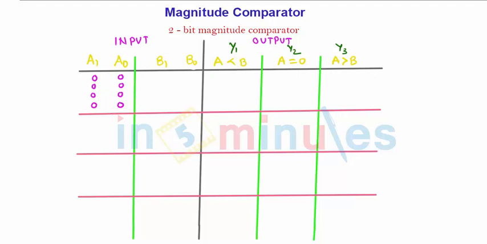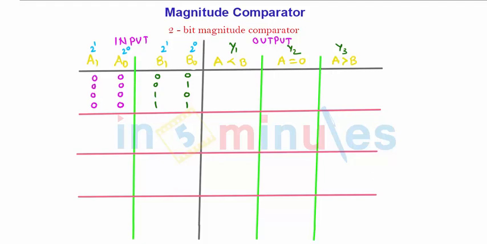Now A0 has the value 2 raised to 0, whereas A1 has 2 raised to 1. The magnitude of each bit of number A is the same as that of B: it has magnitude 2 raised to 0, and it has magnitude 2 raised to 1. So I kept the whole number A as 0, and I will compare this 0 with all the combinations of B, that is 0 0, 0 1, 1 0, 1 1. I am going to keep number B as magnitude 0, 1, 2, 3, and I'm comparing all these magnitudes with A equal to 0.